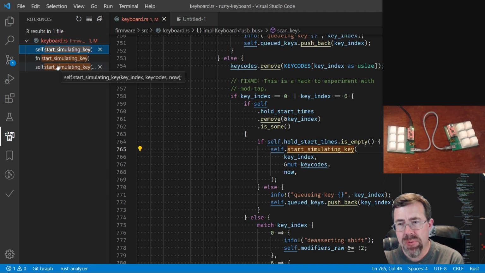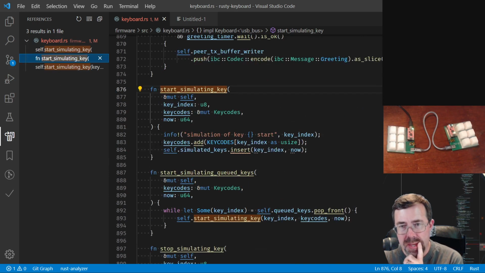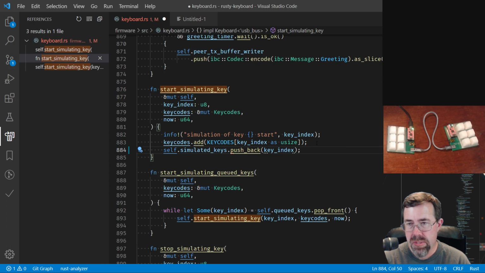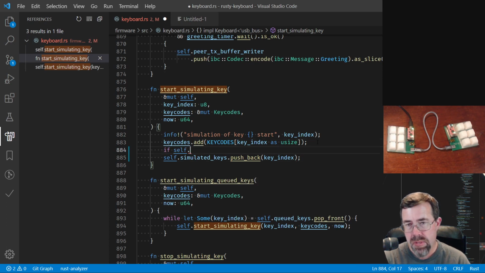I think what we want to do is, it currently simulates the key immediately, and instead of inserting here, it would push back, right? And would push back just the key index. And with that, now what we would do is we would say if self.simulated keys